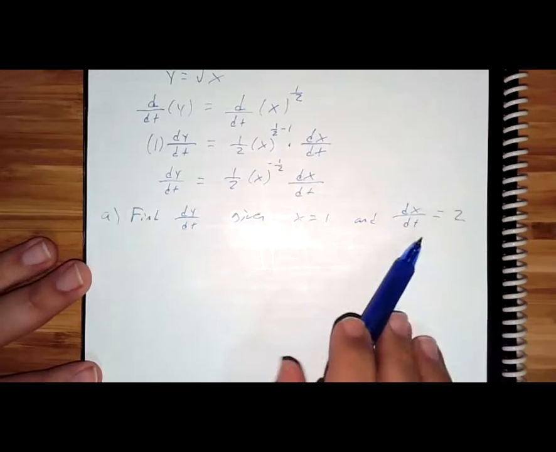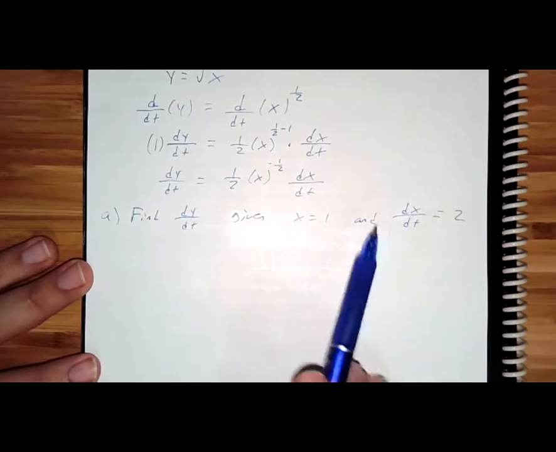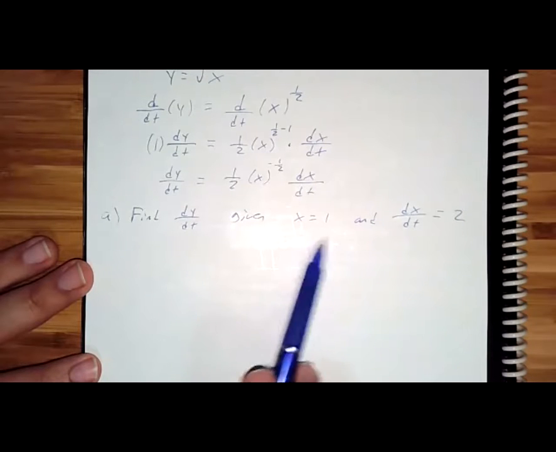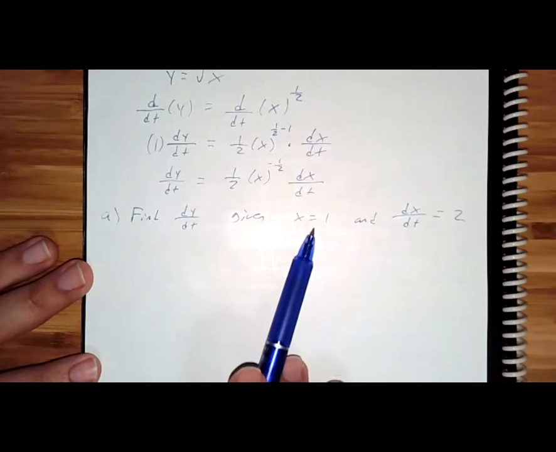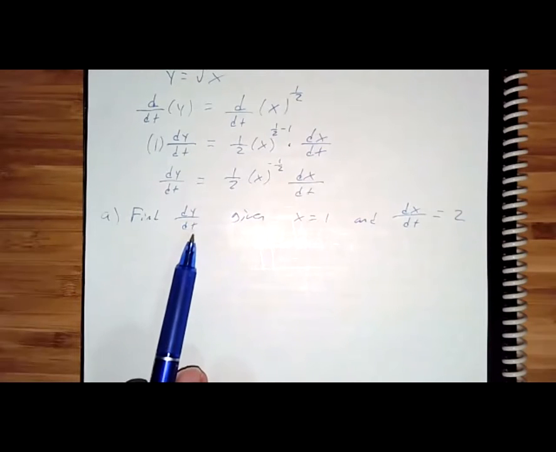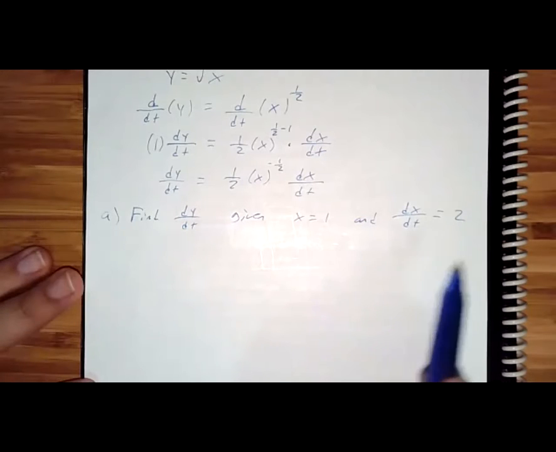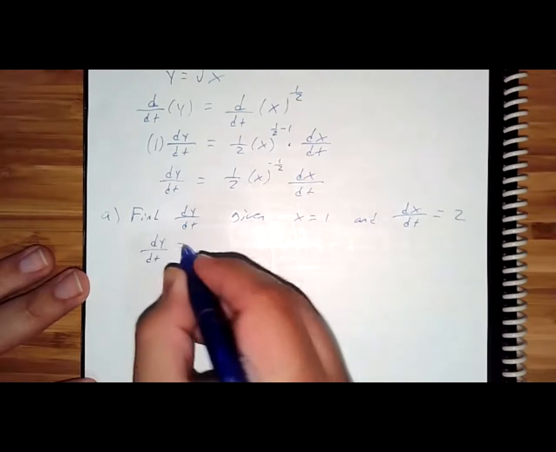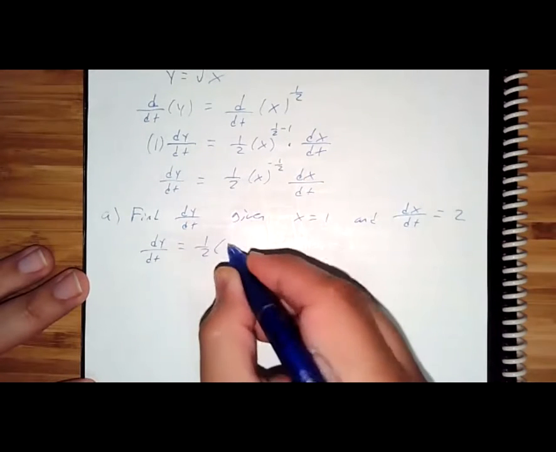If this was an actual application problem, this would be the rate of change for x. This should be some sort of position or amount, and then you'd find the rate of change of y over time. But all you have to do is plug these numbers in. So dy/dt is equal to, we just found this earlier,